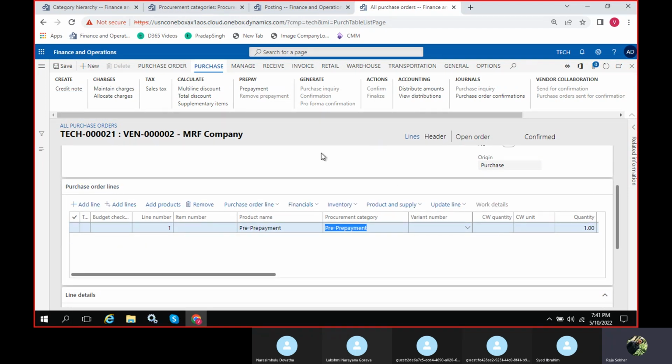Suppose you have multiple lines here, and you wanted to confirm only one thing, and you wanted to finalize this one. In that case, it will be useful. Also, if you don't finalize this one, still it will get confirmed. This is optional, so you need not worry much about this.